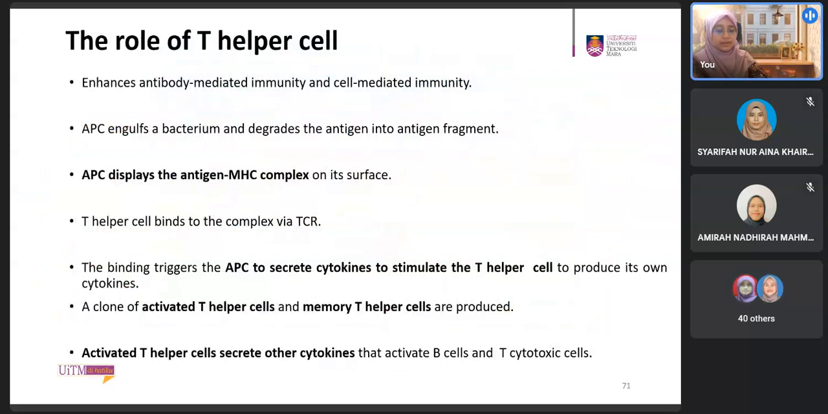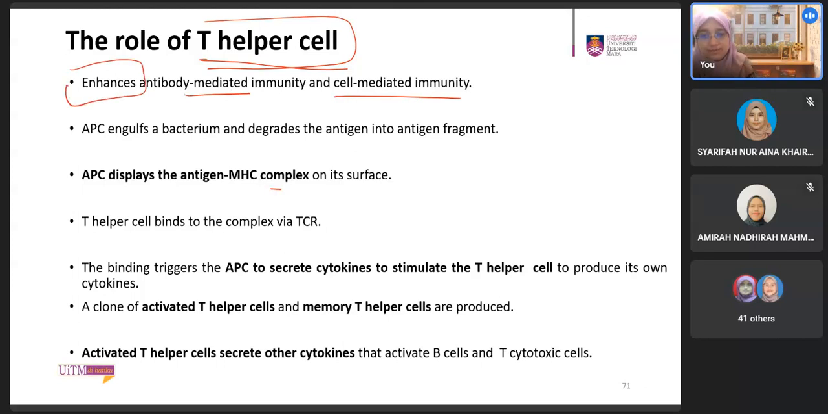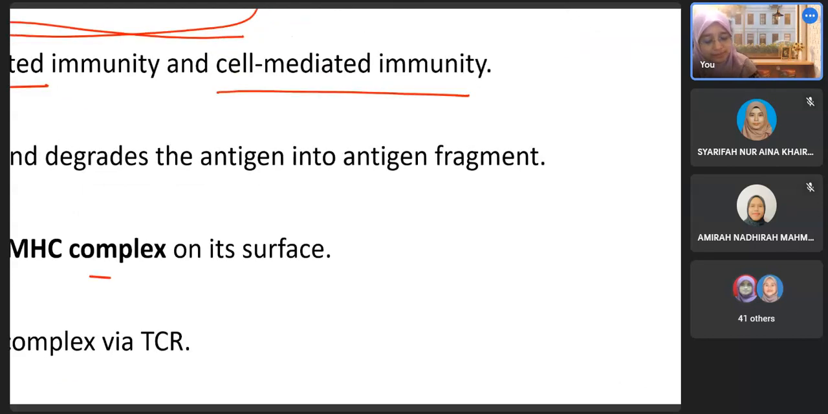Okay, so now we are going to proceed with the role of T helper cell. Saya ni dah terbiasa guna istilah helper T cell, lagi mudah sebab saya dah used to calling it as helper T cell, tapi we have to follow your reference book that you use, which is Solomon. It uses the term T helper cell, so it is the same thing. Okay, so it enhances antibody mediated immunity and cell mediated immunity. Why does it say enhances? Because the helper T cell